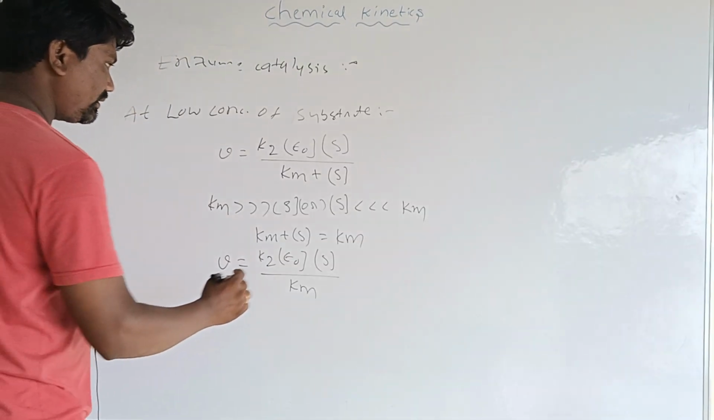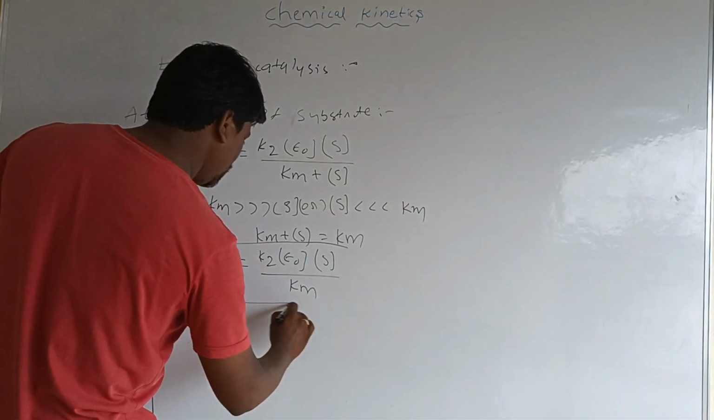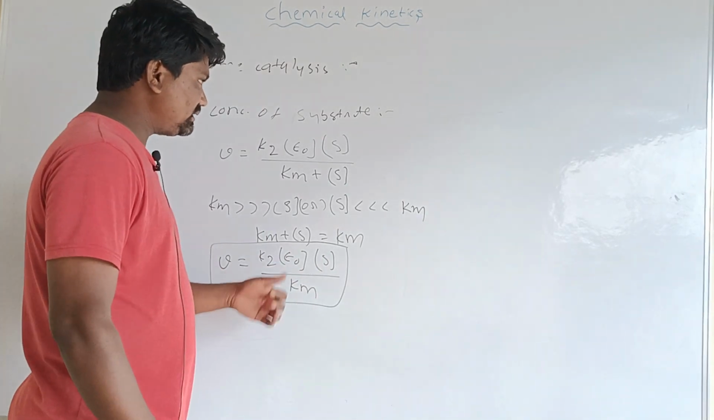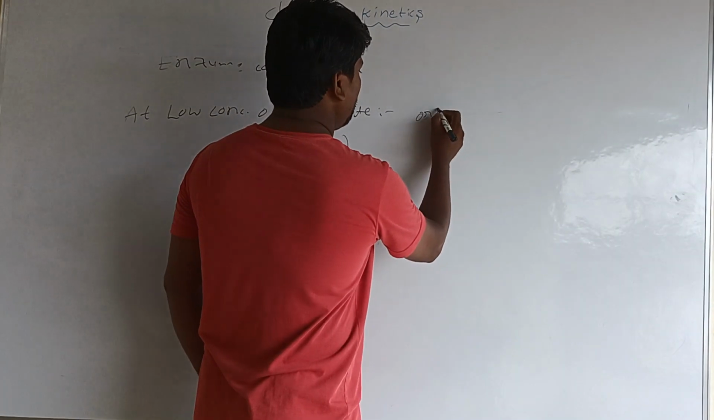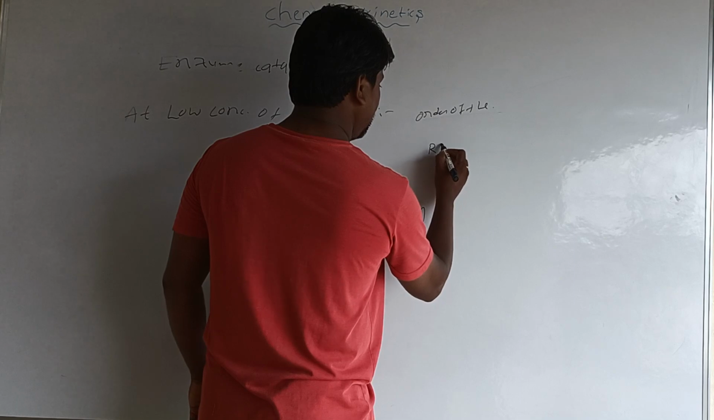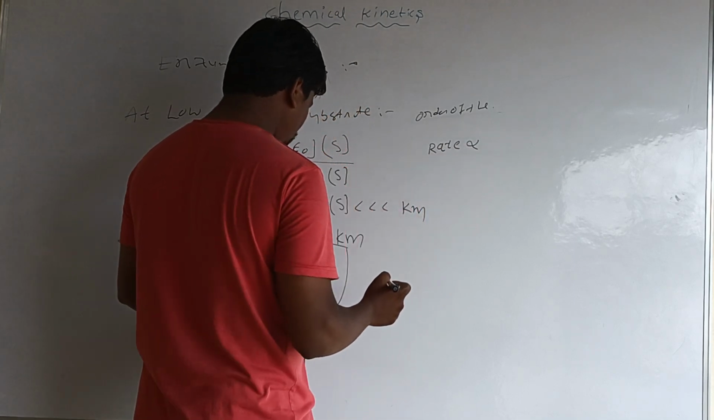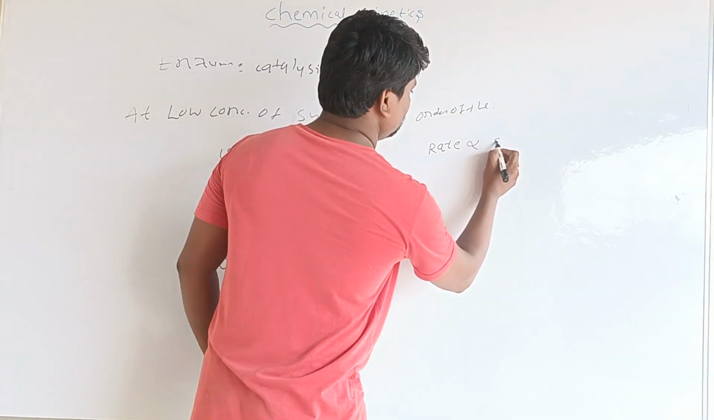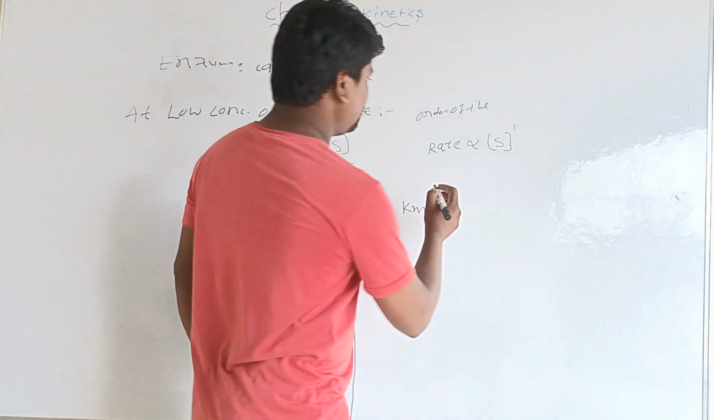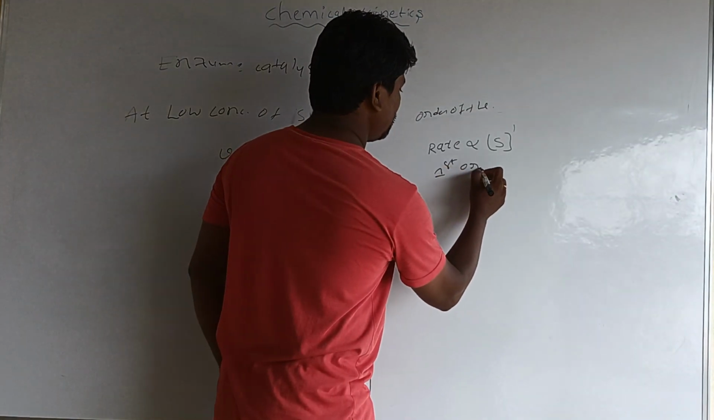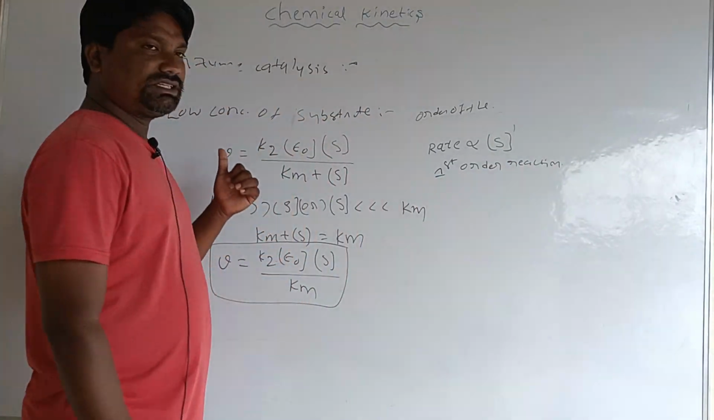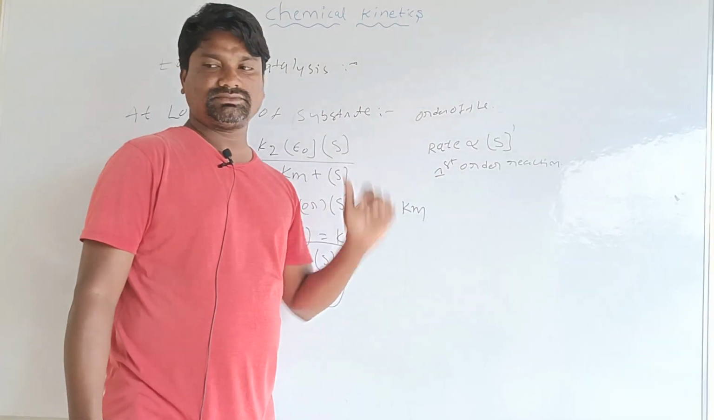Here the rate of reaction depends upon substrate. Means the order of the reaction is nothing but, order of the reaction is what? Means rate is directly proportional to concentration of the substrate. Means it is a first order reaction at low concentration of the substrate. First order reaction. Okay,